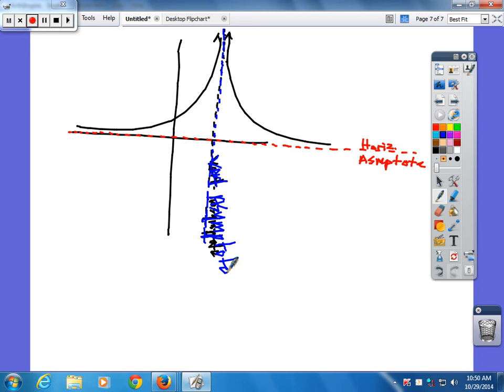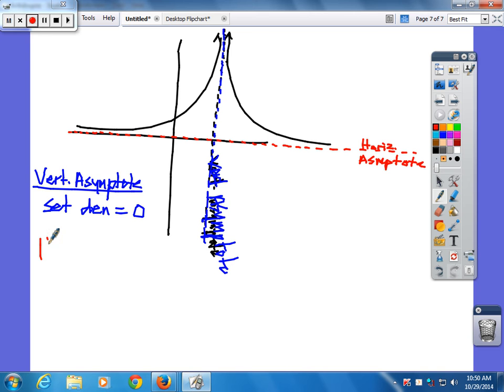Asymptote. Okay. So, to find your vertical asymptote, you set the denominator equal to 0. To find your horizontal asymptote,